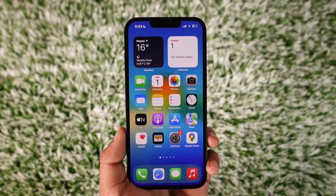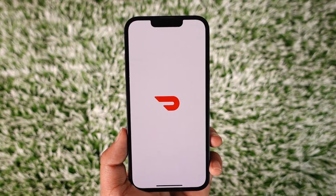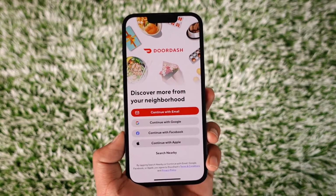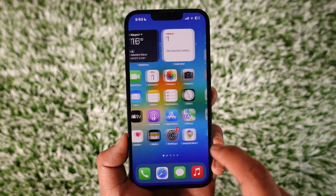In this video I will guide you on how you can turn off notifications for the DoorDash application on iPhone, so make sure to watch the video till the end. Now if you are someone who basically uses the DoorDash application to order food and you get lots of marketing notifications that sometimes you don't like as a consumer, in order to turn the notifications off you have to